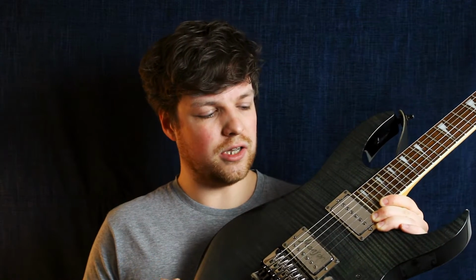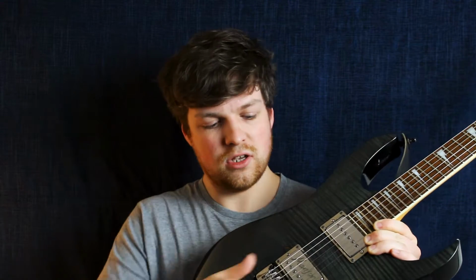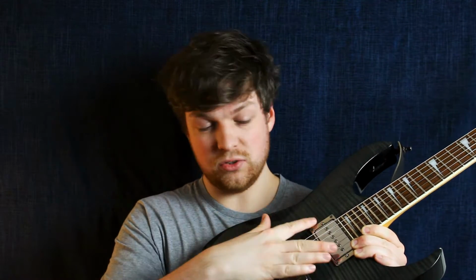So in terms of the pickup selector, obviously in the bridge position, it's just the bridge. Then with the second position, it does get a bit weird by kind of combining the two in a strange way, because this was originally designed to have a humbucker in both sides. Then in the middle, it's properly both pickups. In the fourth position, it is the P90 properly. That's how it will sound, because in the fifth position, it